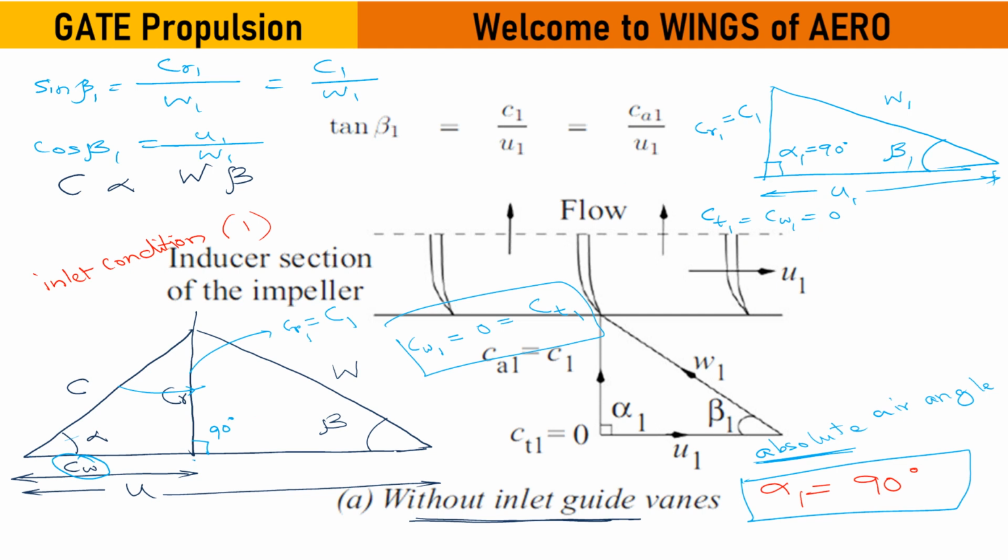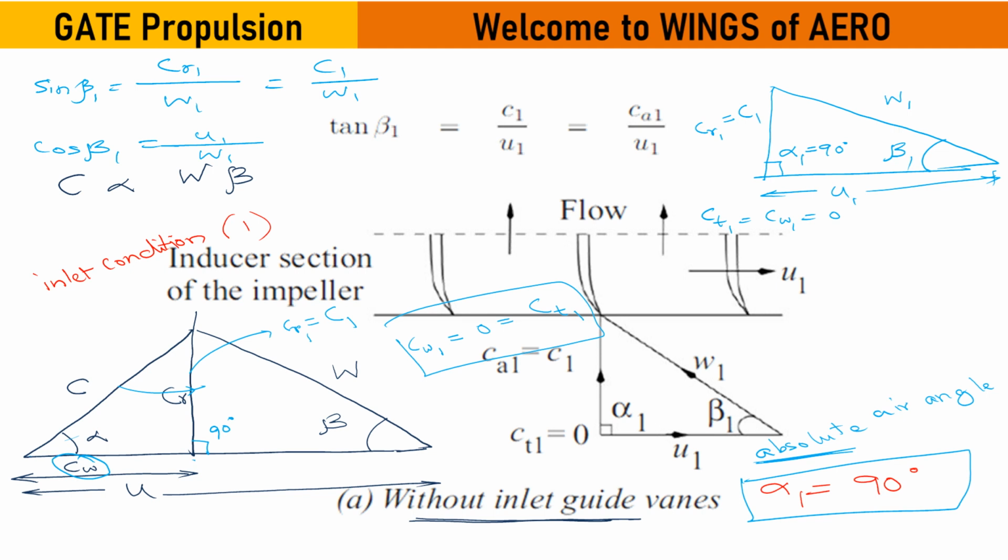From this particular section, what different types of questions can come? One is a problem. They might mention that this is an inlet guide vane problem, and from that problem they will specify some parameters and ask you for the unknown parameter.